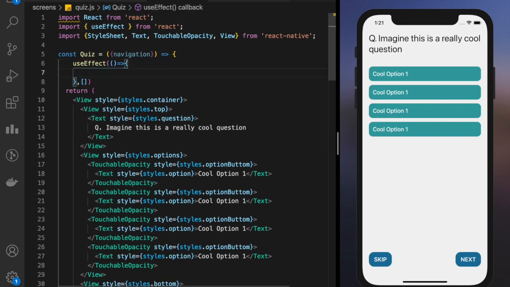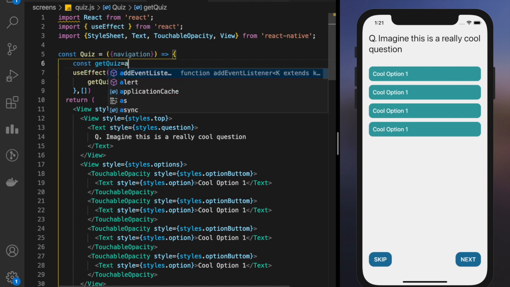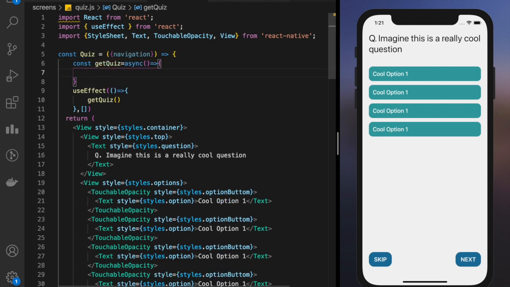So I'll just call a function here. Let us say get quiz, and I'll declare a function like const get quiz. Okay, so this is going to be an async function. Now what are async functions? What are the asynchronous functions? That you have to read up on, or I'll be creating videos for the JavaScript async functions, arrow functions, useEffect, all these later on. Let's just say that there is an asynchronous function for await.